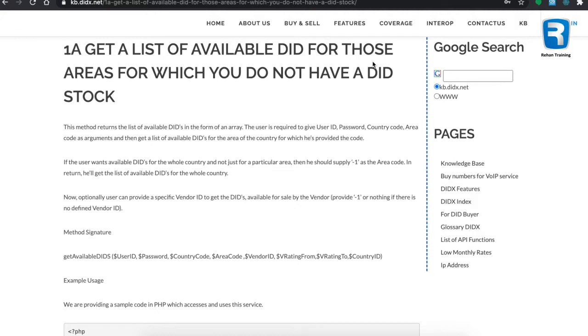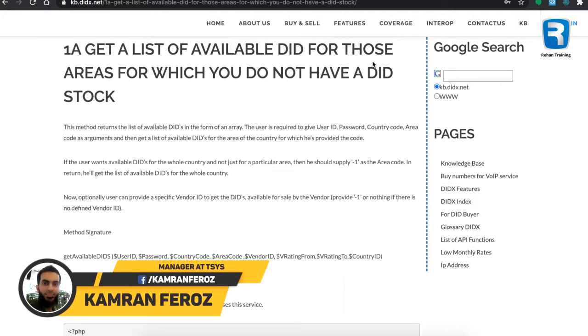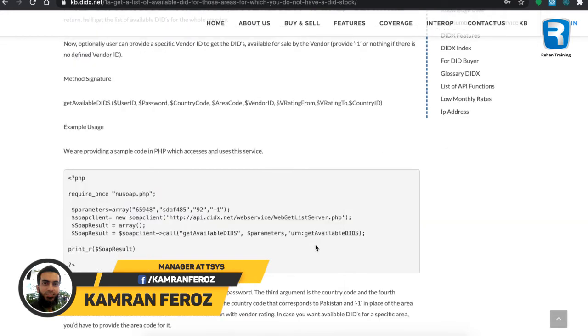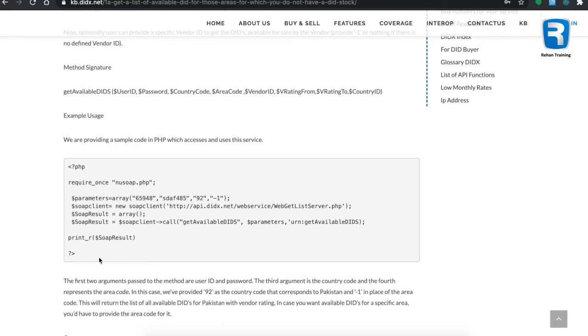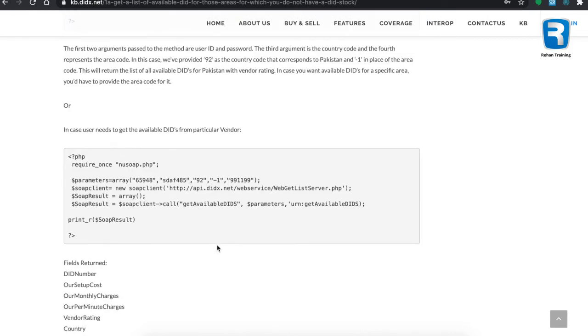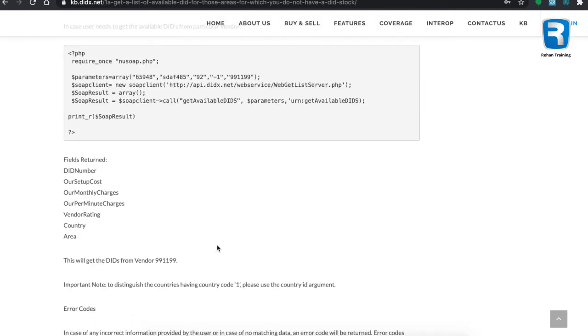In this video we will see what other information we have on any particular API page. In the previous video we went through the example and put the same example with a few small changes, like the credential changes, and made a file and ran that file to get a relevant answer. On the same page, when we go down, we will see other information like the fields that will be returned after consuming this API,